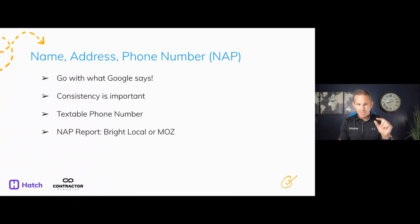Keep that consistent, and then you're going to type your address into Google My Business. Whatever Google gives you in their database is what you should use, right? So take that Google address and make sure that's the one on your website, on your Facebook, on your Yelp, on your LinkedIn, on everywhere where your business information is listed. Make sure that it's consistent with that Google My Business listing, because we want to play by